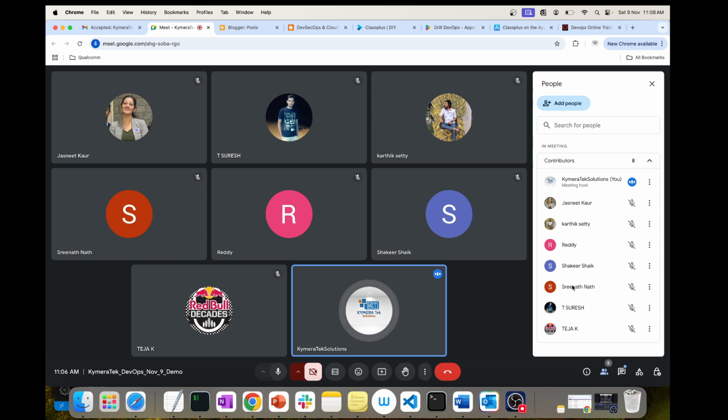So if you ask me how many applications a container can run, each container can run multiple applications on different ports. You can expose different ports, but that is not recommended. Each container should run one service with one port exposed. If you run multiple services in the same container, your image and your container will become big, which is pretty much equal to an EC2 machine. Why do you want to go for Docker when you want to run all the services in one single application? You can go directly to an EC2 machine.